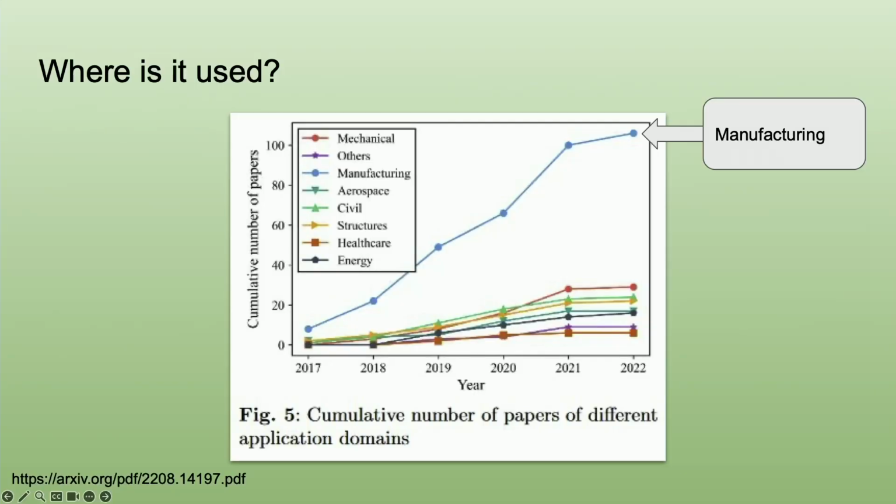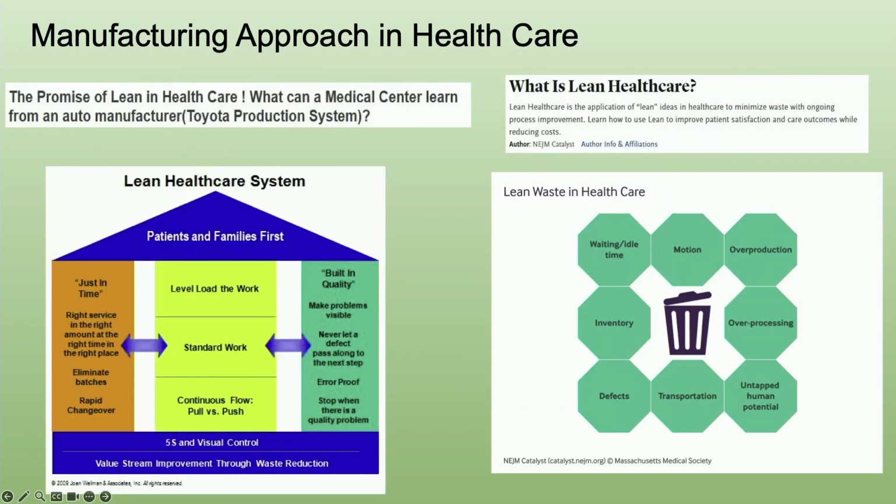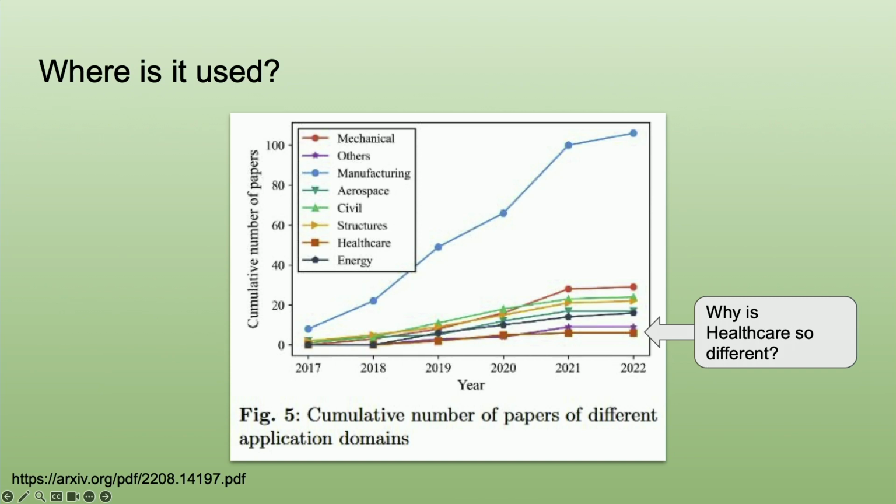But I think it's important to highlight that the concept of a digital twin is much more common and certainly came out of the space of manufacturing. Some people did a review of the publications and literature, and most of the publications in the last few years have been in the manufacturing space. And if we look at this one here, healthcare is way at the bottom. And I've read a lot of these papers, and I would say that this is healthcare in the sense of well-constrained healthcare processes, but it's not a healthcare system. So even healthcare systems themselves really struggle with this concept of a digital twin.